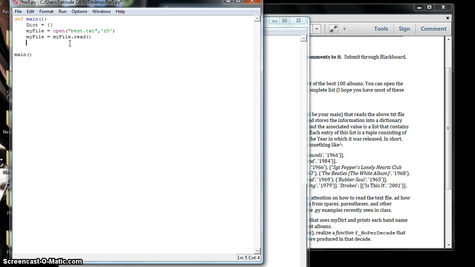So we're gonna create an index. We're gonna index over the file. We're gonna get a new file. It'll be empty. And we're gonna do some tricks so we can split up the artists and the albums and the years. So we're gonna create a whole new file, and we'll do a while loop. So while our index is less than the length of my file,